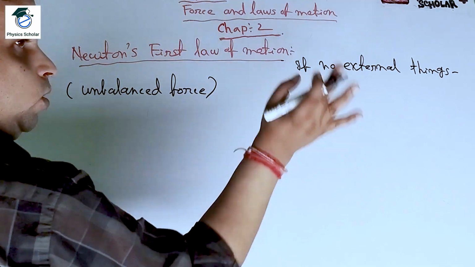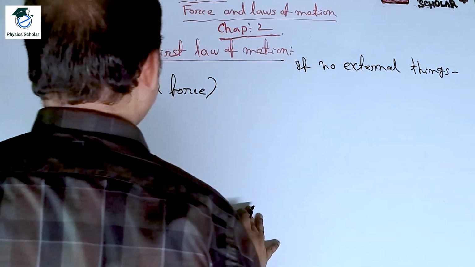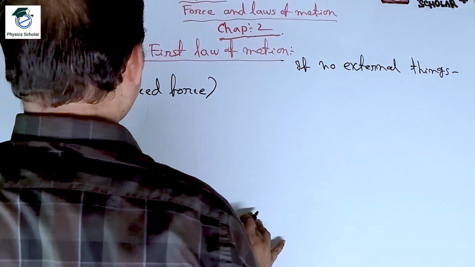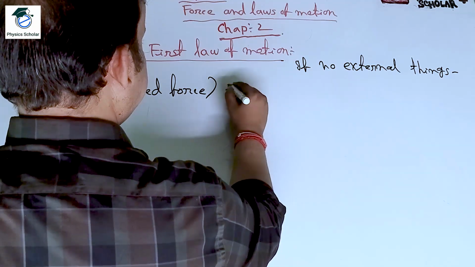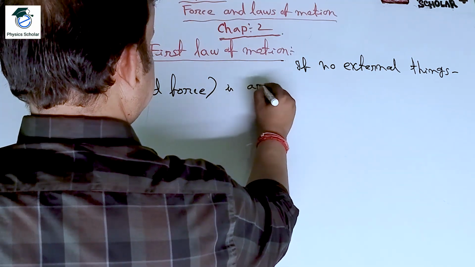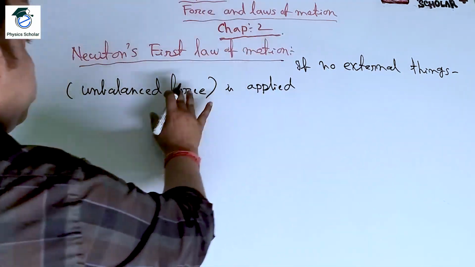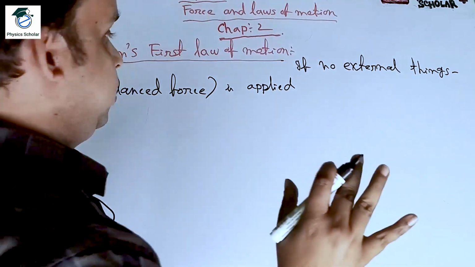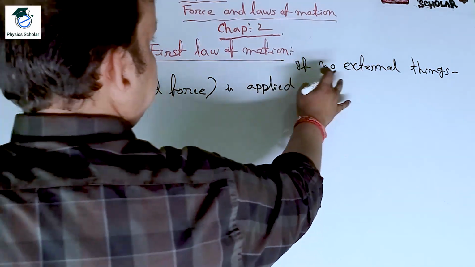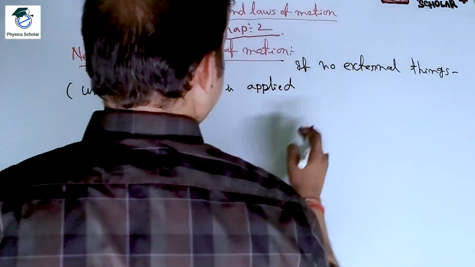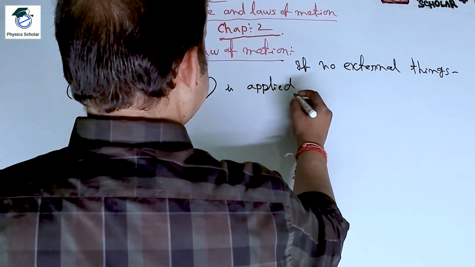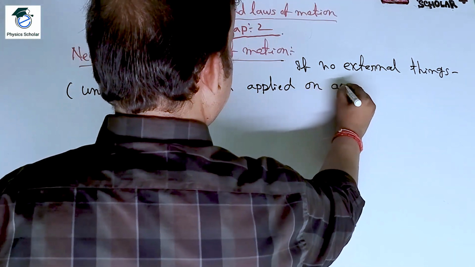What is unbalanced force? I already discussed; you can see my previous episode. If no external things or unbalanced force is applied, I have written external things because at that time the concept of force was not there. So that's why instead of force I have written things. No external things is applied on an object,